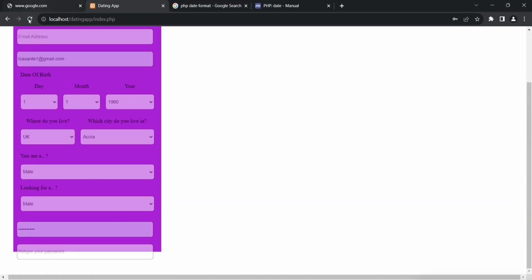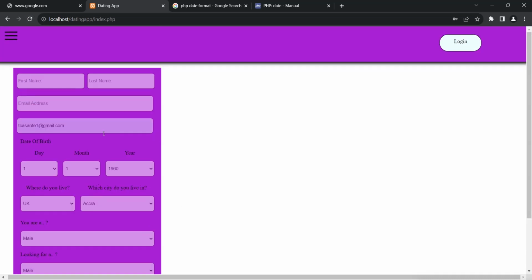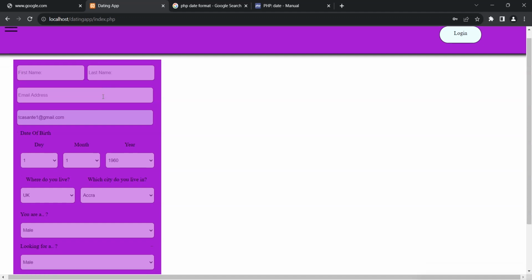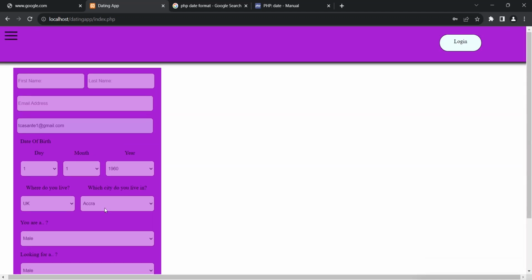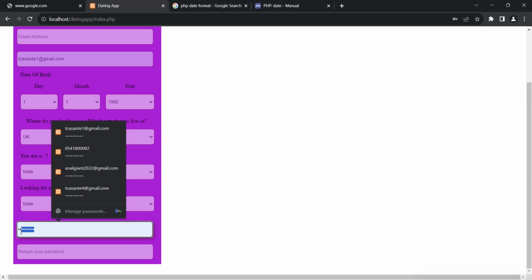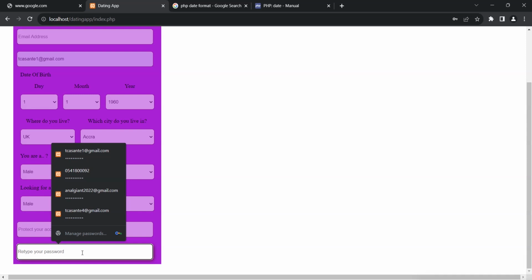Let's hard reload and see. Okay, yeah, it's working. Then auto, then this will be fine. So if the effect is not taking place, just hold shift on your keyboard, then press the reload button. It will hard reload everything from the server. So this is good. All right, so your password: protect your account with a password, and confirm or retype your